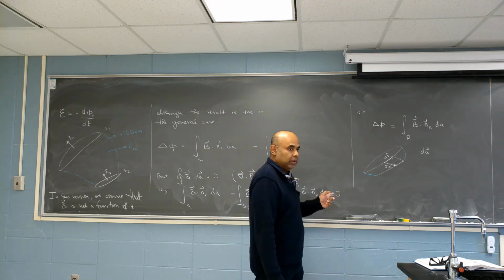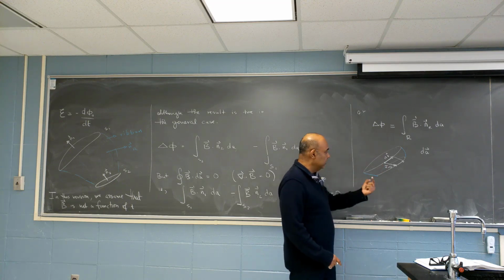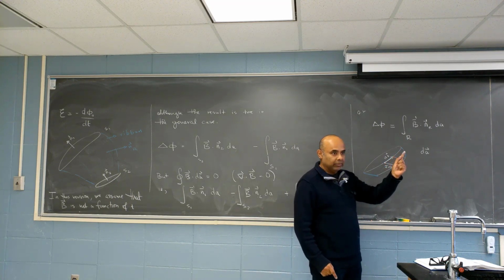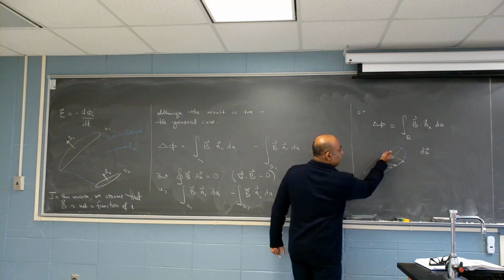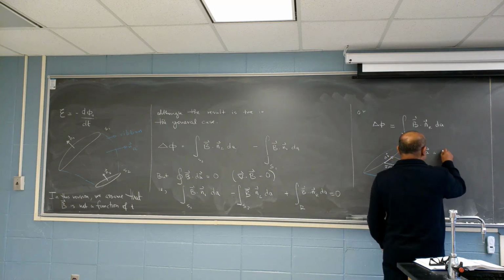Now, which order do I take the cross product? Do I do this cross this or this cross this? Remember, I want the outward normal. So I better do it from here to there. So with the direction in mind,